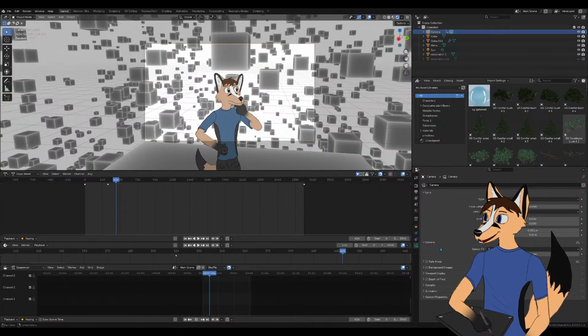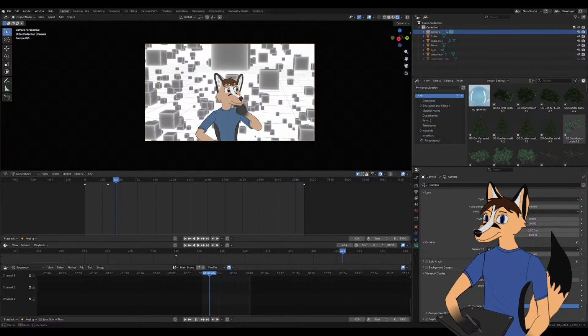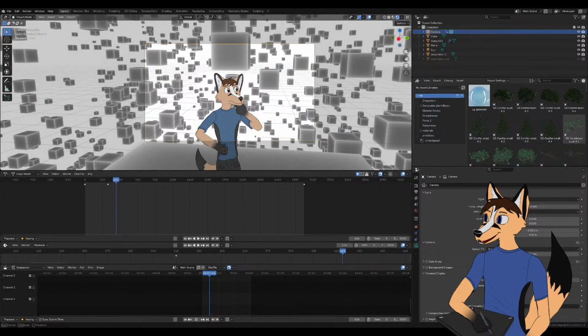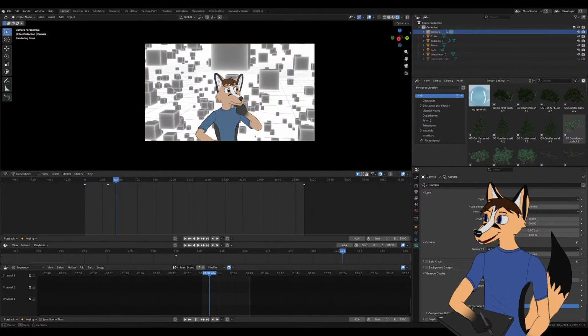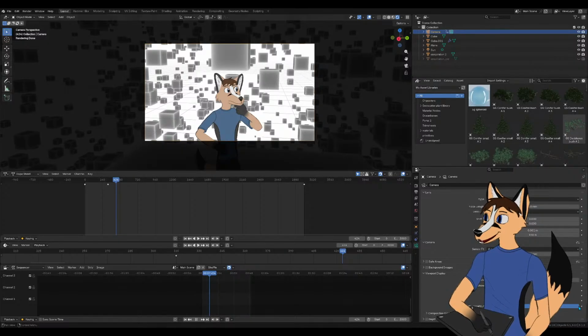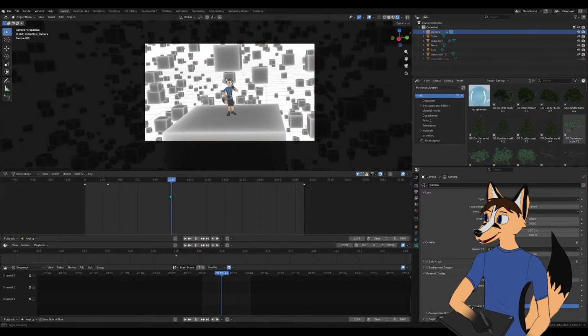So the first thing I'd like to change about this animation is in this viewport. I'm trying to figure out where the passepartout, or whatever it's called, is at. There it is. Just turn that basically either completely black or just much, much darker, because having it at the default doesn't really give me a good idea of what's visible and what's not. So I'm just gonna make the camera basically as close to completely black passepartout as possible, so I have a better idea of the framing, even though I'm not gonna be changing the camera animation at all.